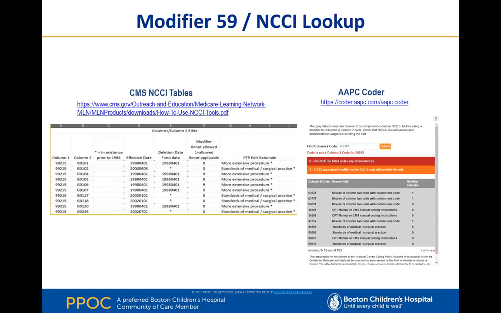And also which can't be billed, where it's simply impossible to bill code A with code B, that kind of thing. I would highly recommend that you use something like that rather than try to surf through the tables, which is a little bit time consuming and kind of clunky to get around, and you'll see that once you read the instructions. I prefer encoder software, and I've heard Optum and Supercoder have excellent CCI lookup tools. I use AAPC, but I'm told the other ones are superior. We may actually be moving over to those shortly, in fact.